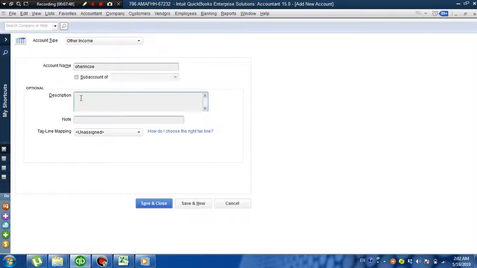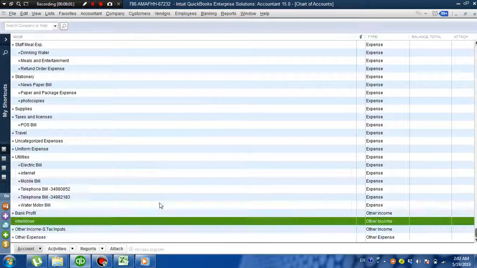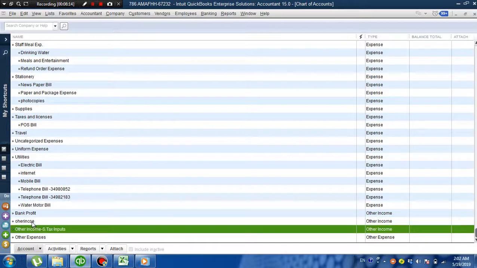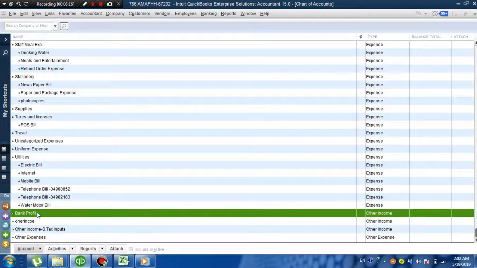For example, a scrap sale or a machine sale, or anything else that a company sells. Then you just press save and close. So your other income account is recorded and it came here. Look at this, one other income is already here, with other expense, other income, sales tax input, other income, and bank profit.